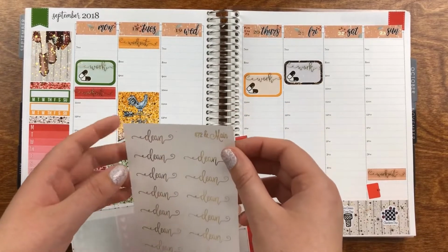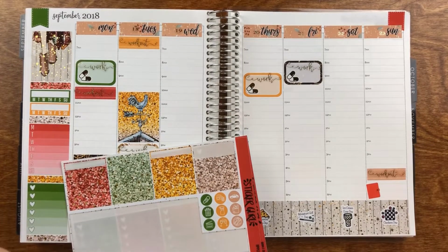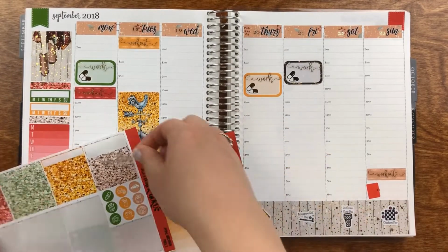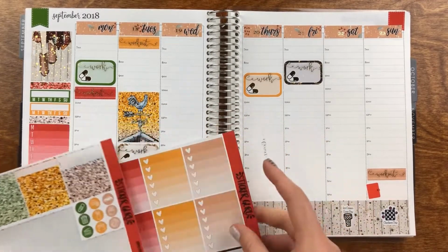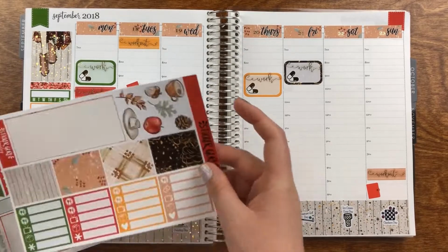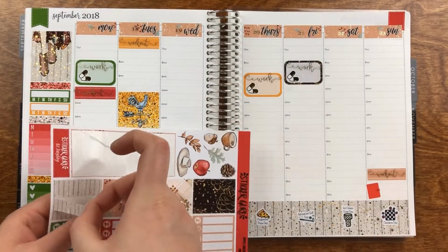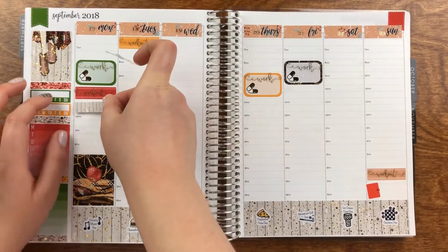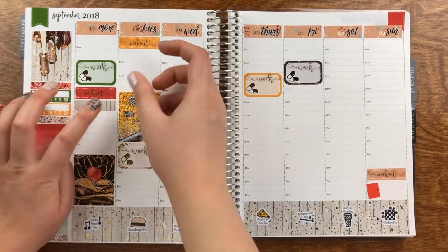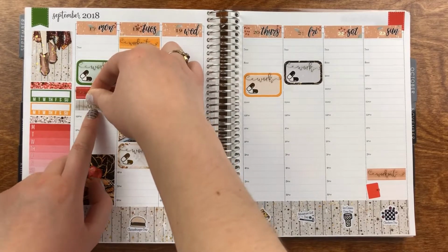So, what is your favorite pen to write with? Right now I've been having a conundrum with pens. I feel like I love my Inkjoy gel pens, but I've had really bad luck recently. I think that it'll be too foily and distracting. You won't be able to read the header, so I'm going to grab some washi to layer this on. I really like the way it writes, but I've been having a lot of trouble lately with pen skipping. So I kind of shied away from that, and I've been using my Staedtler for a little bit, and I like my Staedtler, but